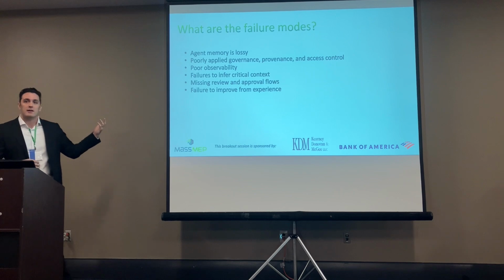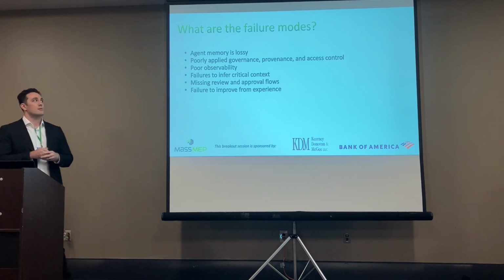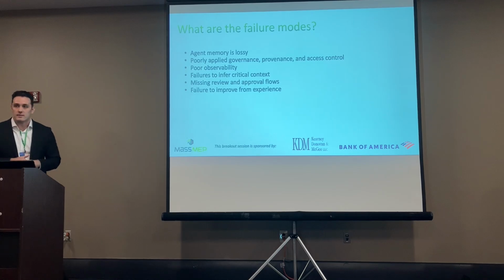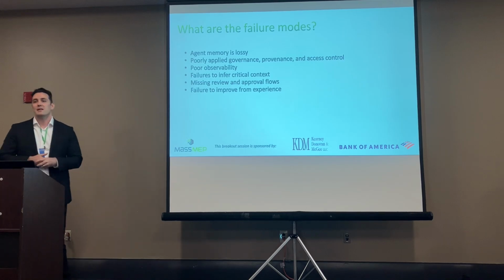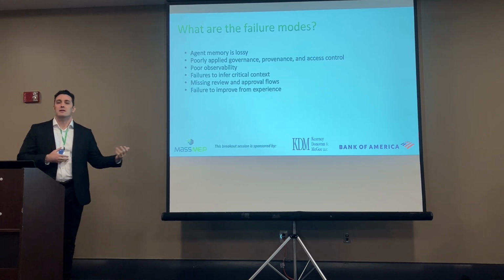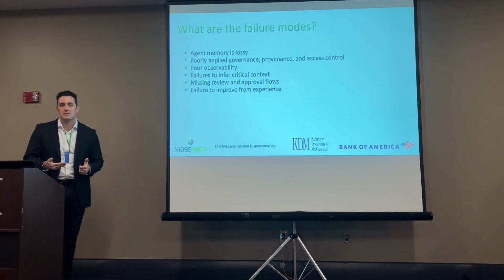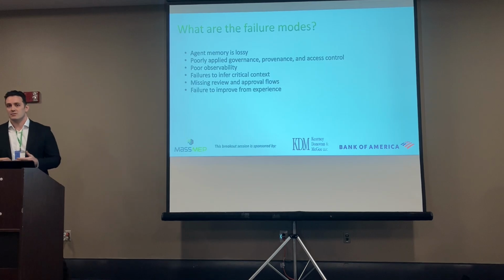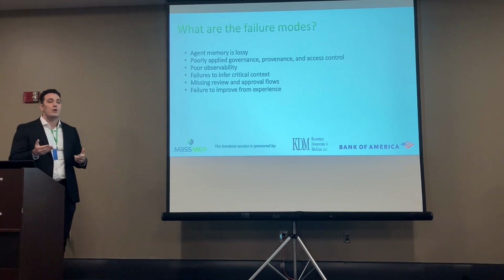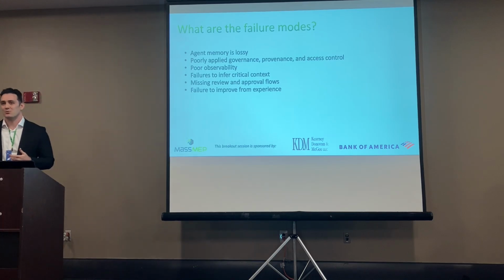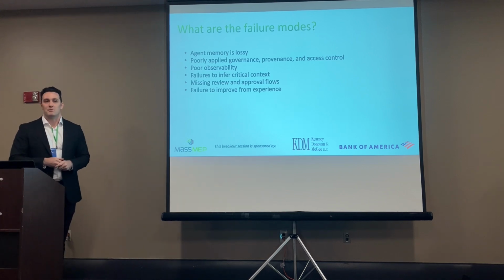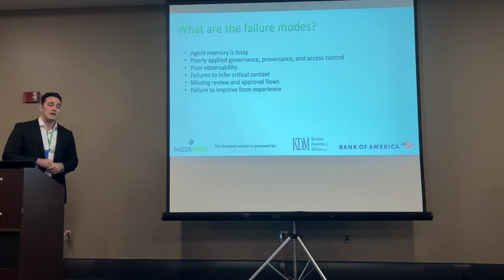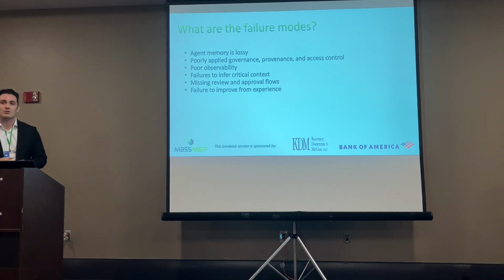The second failure mode, again, I touched on this at nearly every level we have here, is poorly applied governance, provenance, and access control. So let's say we're building our custom internal software. If we don't build that right, we can have an agent that one employee is using, and because the data access controls weren't properly implemented, it is now accessing information that they should not have access to, confidential information. Or even worse, it's writing information to the wrong place, or it's creating a work order that has completely wrong information on it, and someone is going and doing a job based on faulty instructions, right? And so if we don't have really strong and tight controls over that, like I said earlier, traceability, we can get into a poor failure.